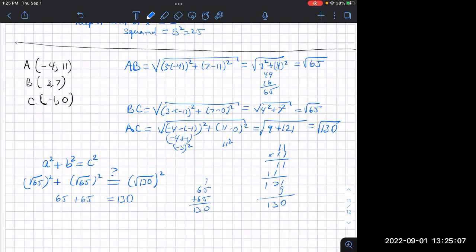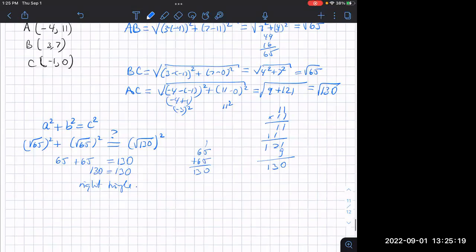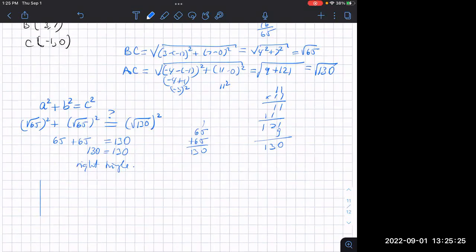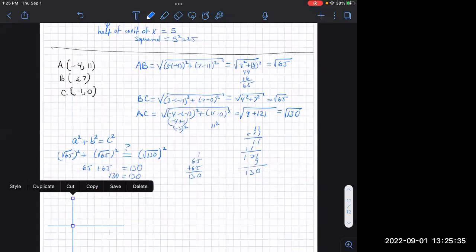Did you get 130 equals 130? Yeah. Okay, very good. So it's a right triangle, right? So that's the condition for right triangle. So now we find the area. Isn't that right? Right. Okay, so then if you want to graph,